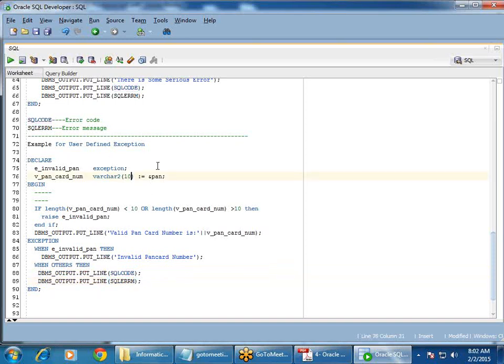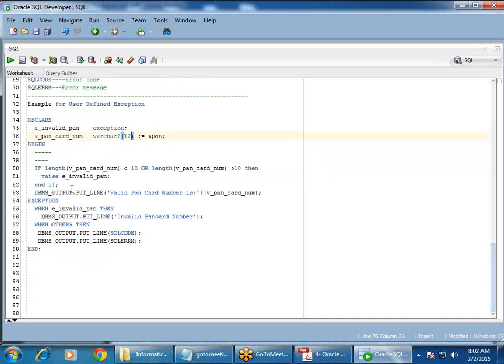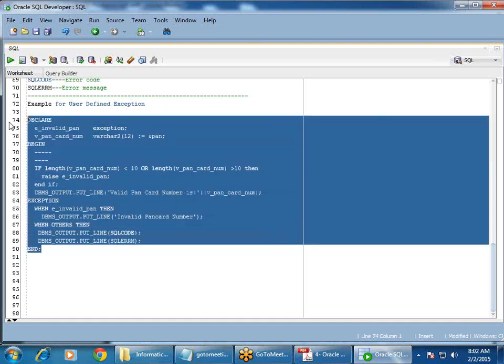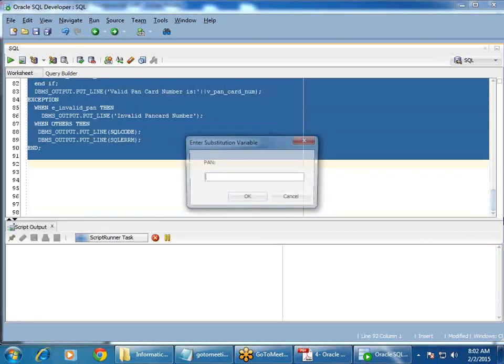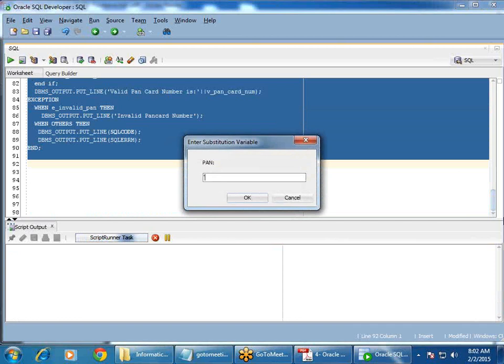So I'll define this as something like maybe 12 characters, because I have to show you a couple of things here. That's the reason I purposefully defined the PAN card number as a varchar2. So concentrate here. When I try to execute, if I am giving you the correct PAN card number, let's say of 10 characters,